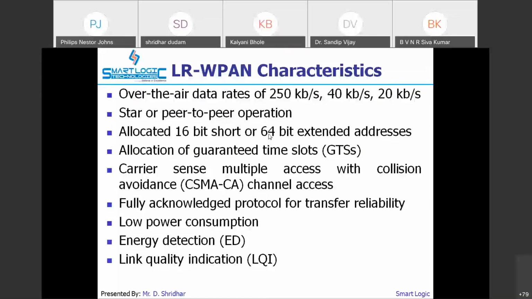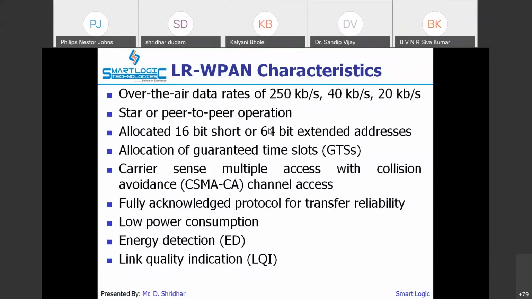Generally, the data rates supported by the low rate WPAN are 250 kilobits per second and 40 kilobits per second. When I'm talking about WPAN, these characteristics are applicable to Zigbee also, and even to 6LoWPAN, which is also supported here.